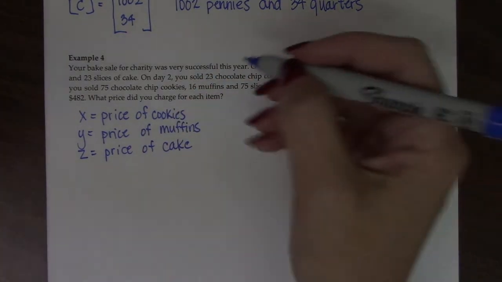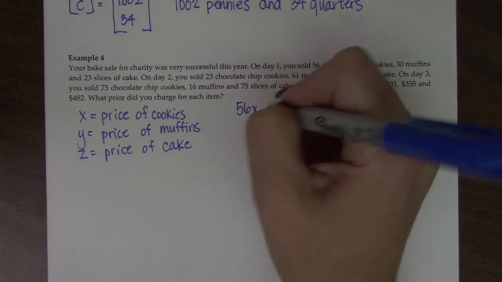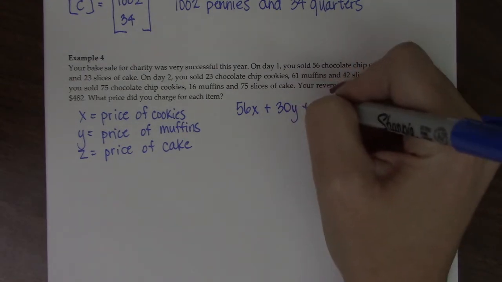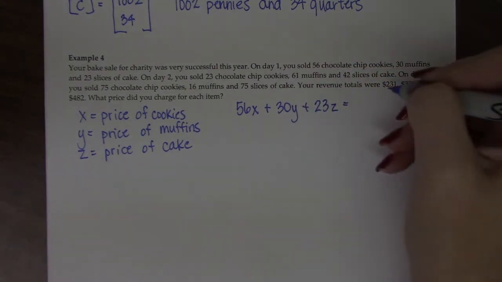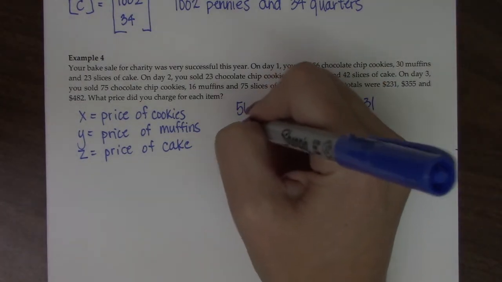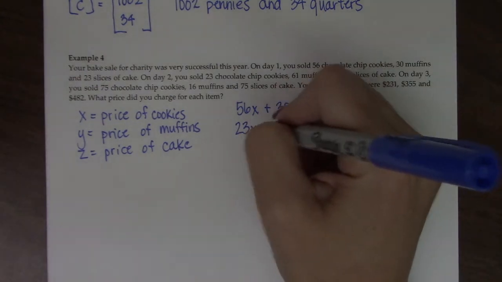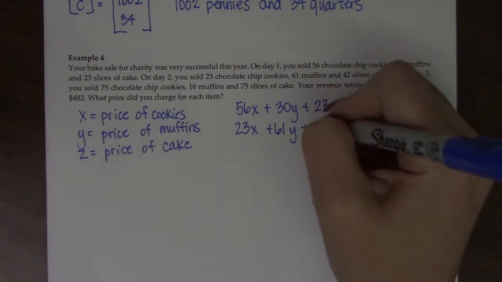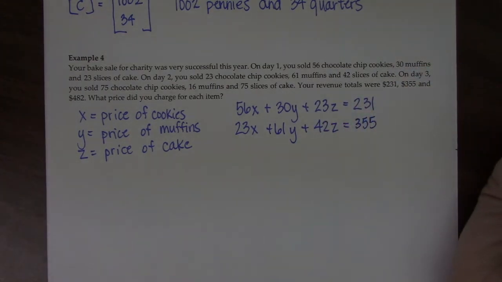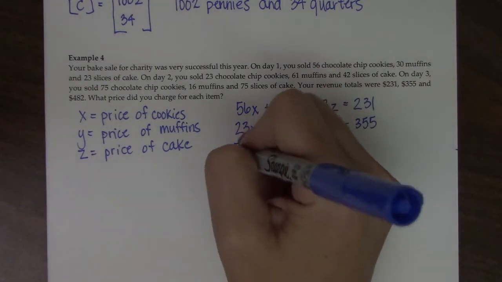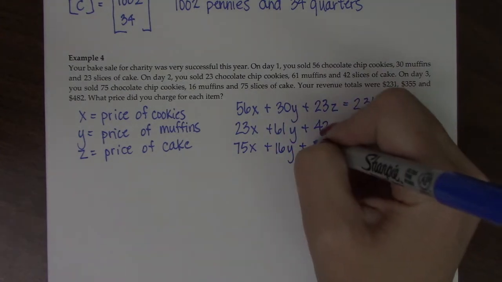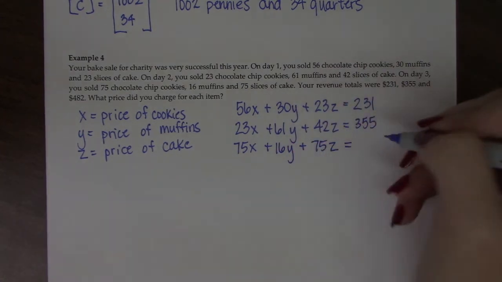So the first day we sold 56 chocolate chip cookies, 30 muffins, and 23 pieces of cake, and our revenue total was $231. On day 2, we sold 23 cookies, 61 muffins, and 42 slices of cake, and we made $355. The third day, we sold 75 chocolate chip cookies, 16 muffins, and 75 slices of cake, and we made